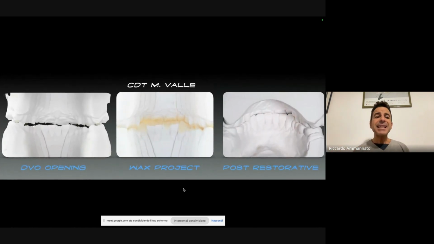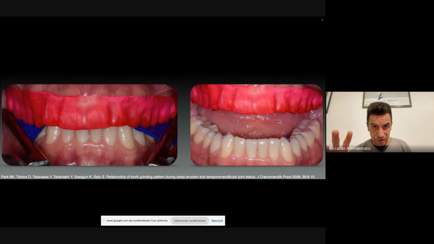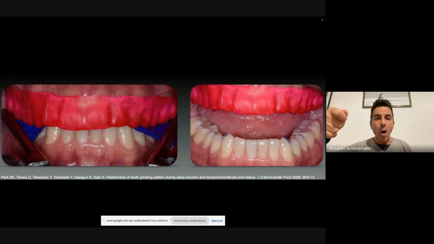So, this was the initial situation of the case, this was the project, and these are the two alginates that I took after that video that you have seen, after the occlusal adjustments, after the polishing of everything. Because on these two models, I'm going to do two things. The technician is going to deliver to the clinic a night guard to deliver to the patient first, and then I'm going to deliver another Brax checker, okay? A post-op Brax checker. We did the diagnostic one before, and now I'm going to deliver a post-op.